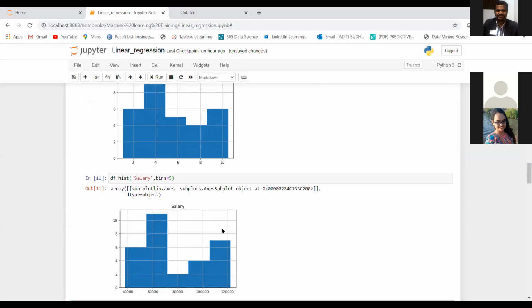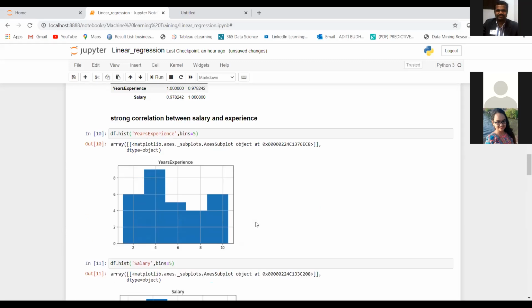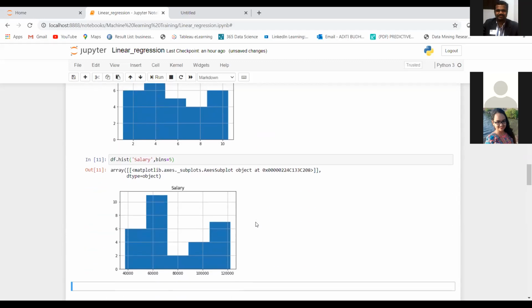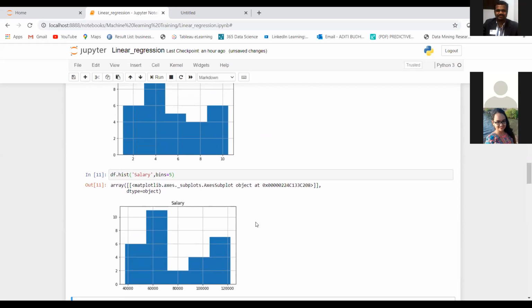Since this example is very small and consists of only two columns, the exploratory data analysis is small over here. But with huge data sets, exploratory data analysis is very extensive.